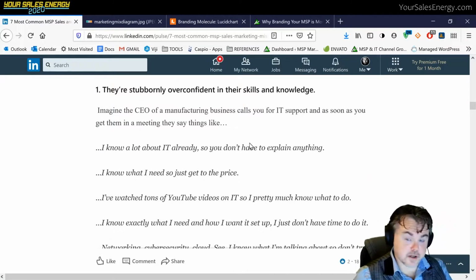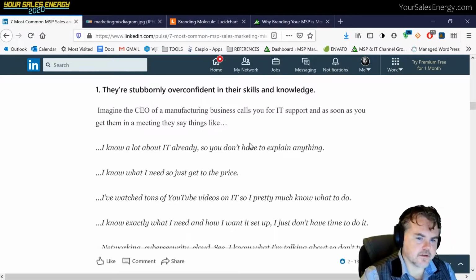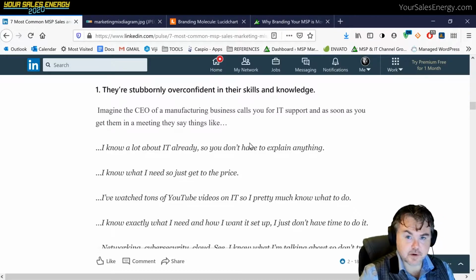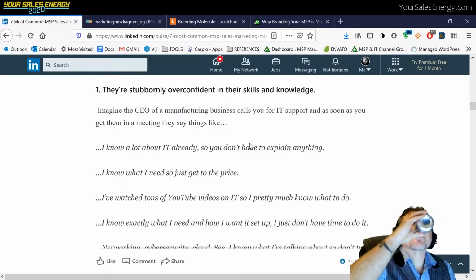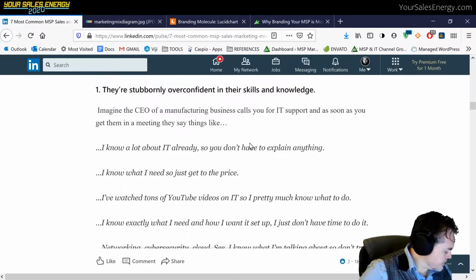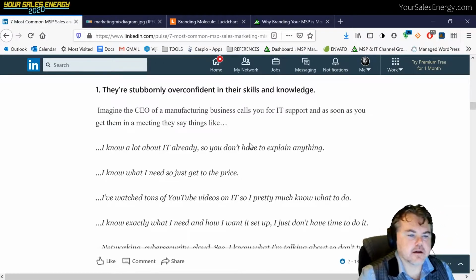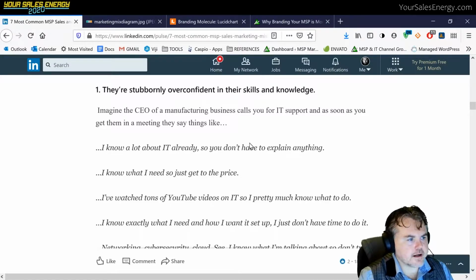So the first big one is MSPs are stubbornly overconfident in their skills and knowledge. Again, this is not a blanket statement. We're not saying everybody is. But we get a lot of calls from MSPs that immediately take on this position of like they know better than we do what to do. It's not conducive to a good working relationship. It's also probably not going to get you the best possible results, and I think a lot of the reason why this ends up happening is,